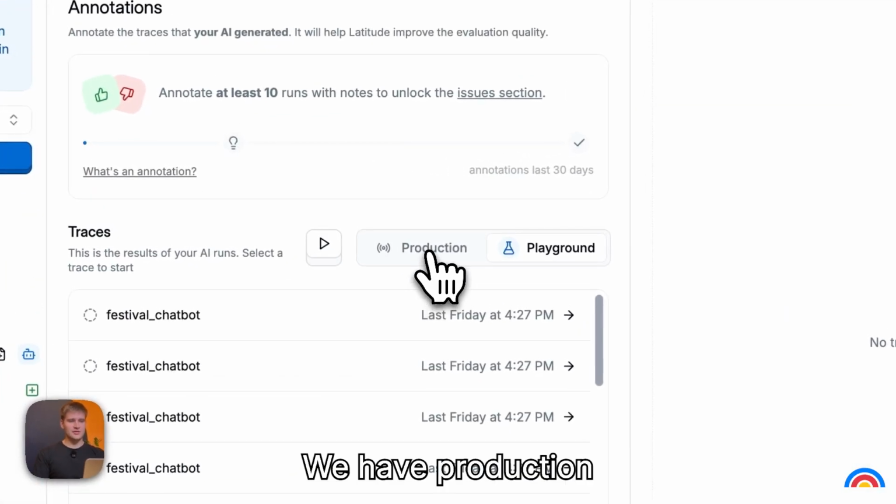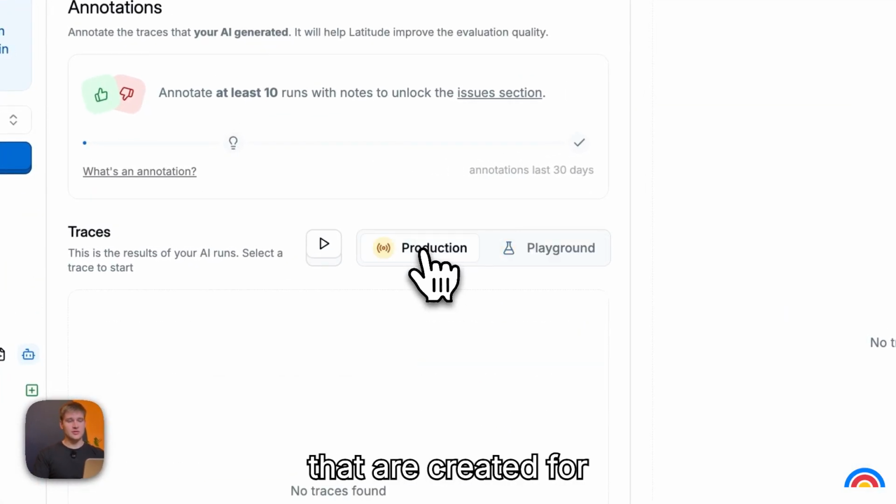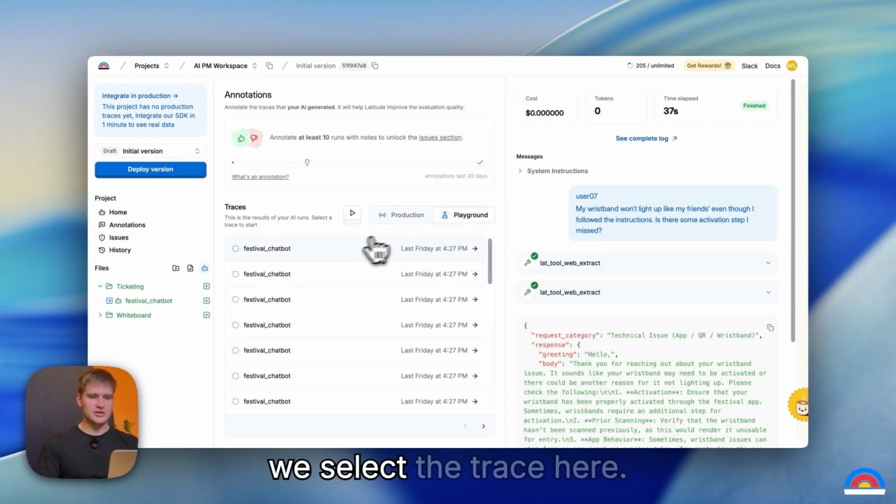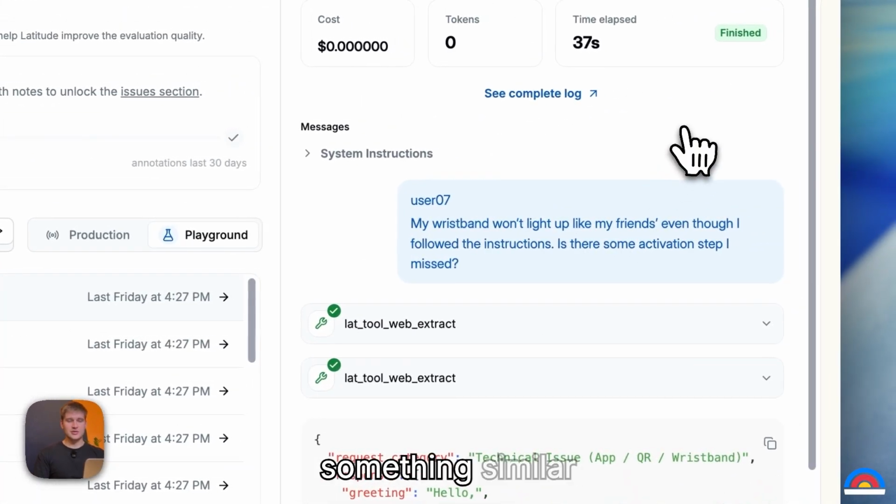And we have these. We have production traces. So these are logs that are created for live versions. And then we have playground over here. These are where the traces from our experiment are going to appear. To begin annotating, we select the trace here, and then you'll see something similar to what we saw with the